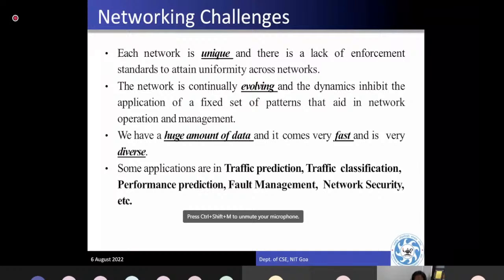So all these features we generally calculate when we say that a model is a good model. If the network is giving good performance, what does it mean exactly? If x amount of resources is allocated, the maximum possible utilization has been achieved. The spectrum is a very important factor. We don't want to waste it if it is a licensed network. Fault management is also a very important feature. Network security is another area where ML techniques are highly used.